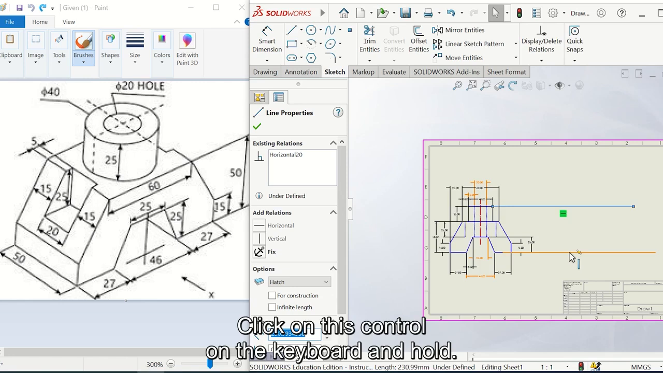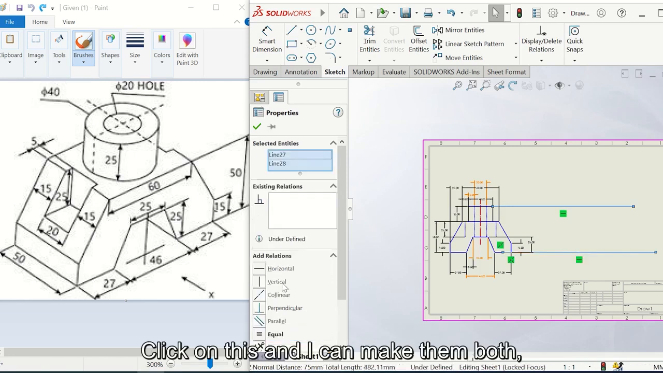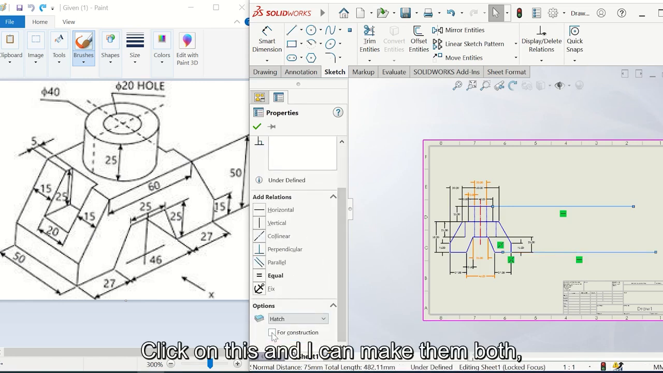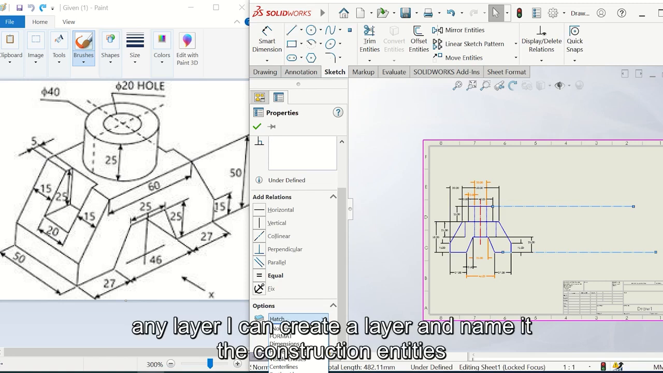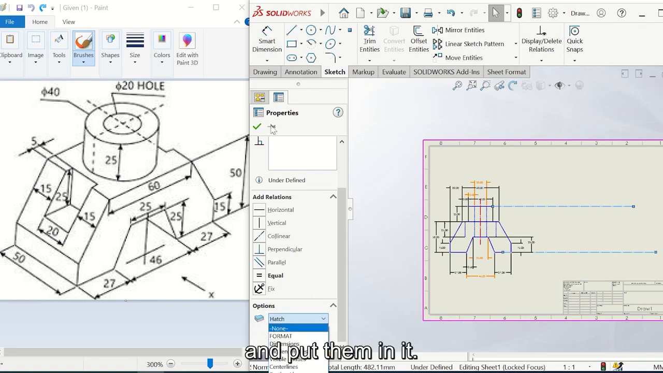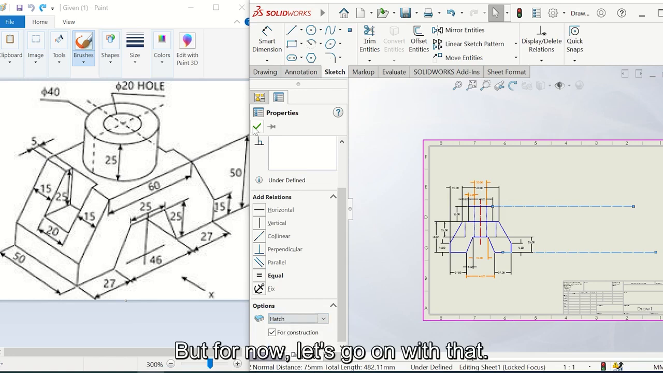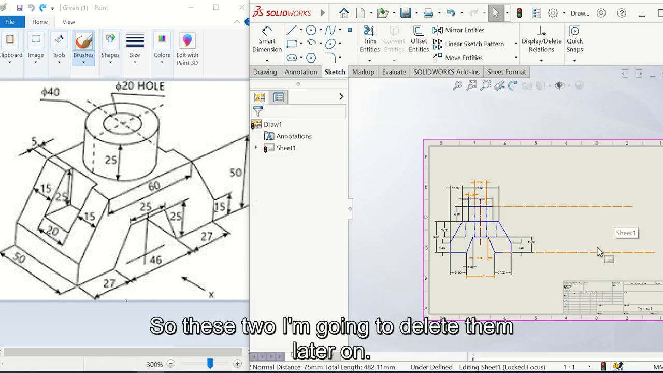Click on this, hold Control on the keyboard, click on this, and I can make them both for construction, and I can place them in, say, any layer. I can create a layer and name it construction entities and put them in it. But for now, let's go on with that. These two, I'm going to delete them later on. Now,